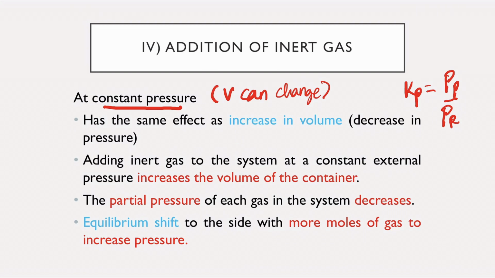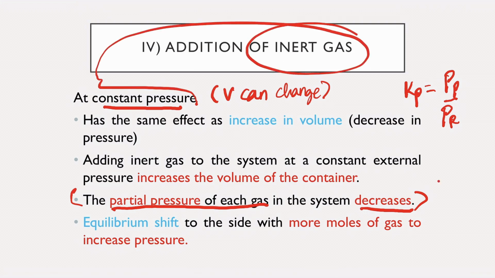Betul tak? So that means there will be an equilibrium shift to the side with more moles of gas to increase the pressure. Okay? So bila partial pressure of each gas decrease, that's your disturbance. Betul? That's the effect of your disturbance,